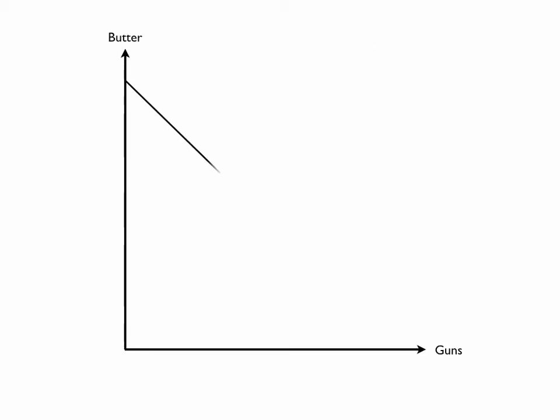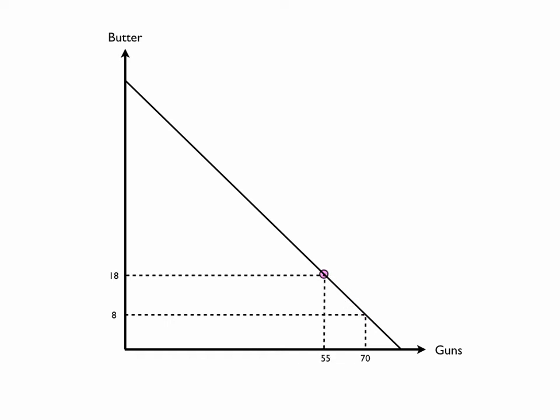So let's start with a simple production possibilities curve. We can have either guns or butter or any combination of the two, and this is our production possibilities frontier. Notice that it's linear. What this is going to represent is a constant trade-off, and we will see this. And let's start with this mix of goods right here. We have 8 units of butter and 70 units of guns. And now if we want to obtain more butter, we have to give up having guns. We can't just materialize butter out of thin air. What we have to do is direct resources away from guns and into producing butter.